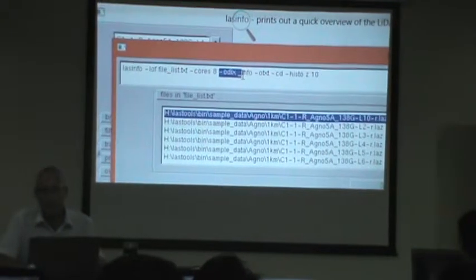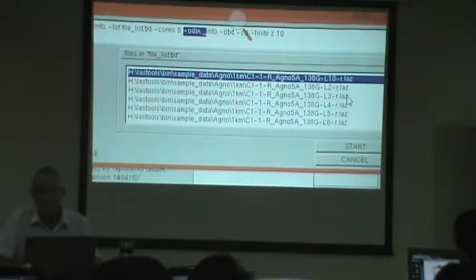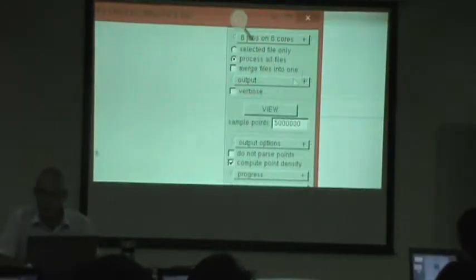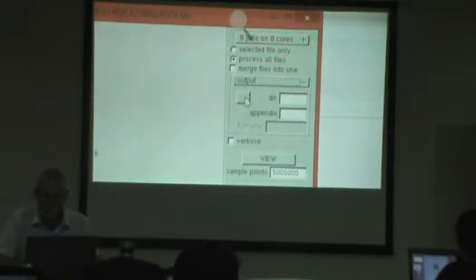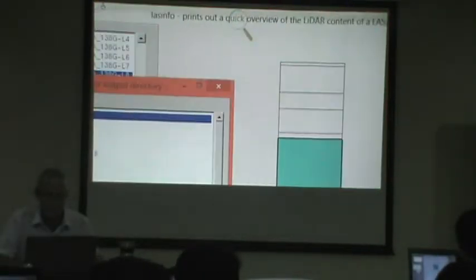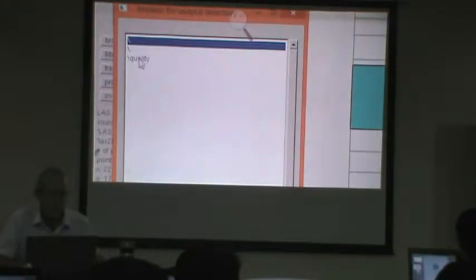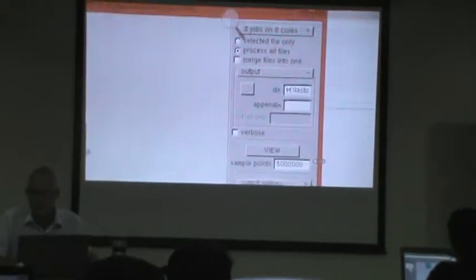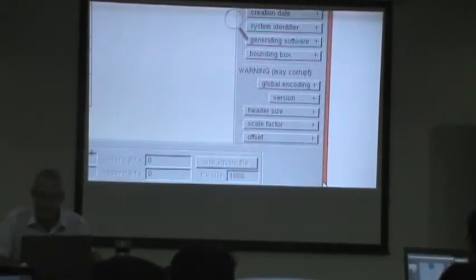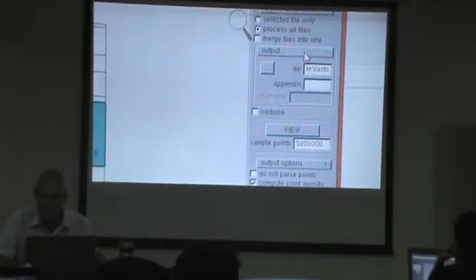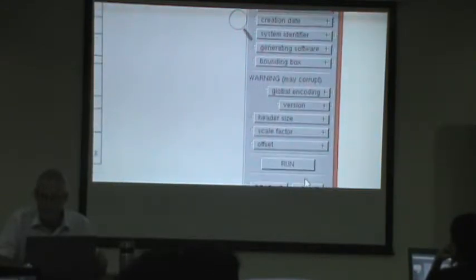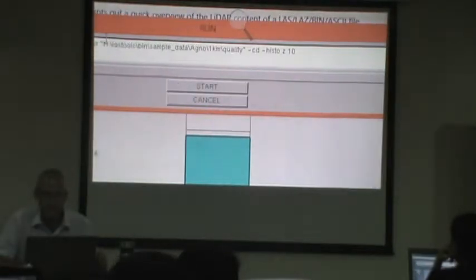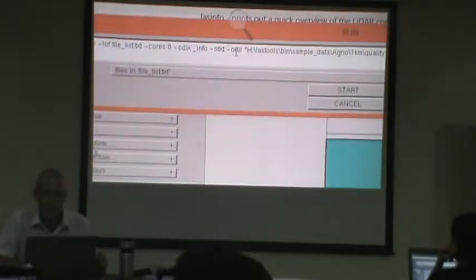Oh, we haven't picked the output directory. We haven't picked the output directory. So I say cancel, and I go to output, and I pick the output directory. Quality is use current. That's why it's always good to check the command line. So now I have the output directory,